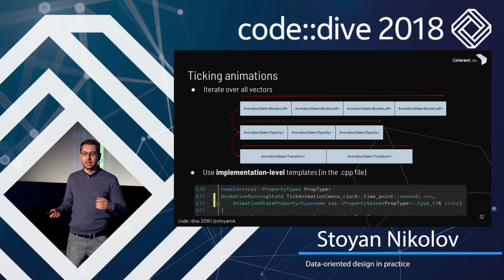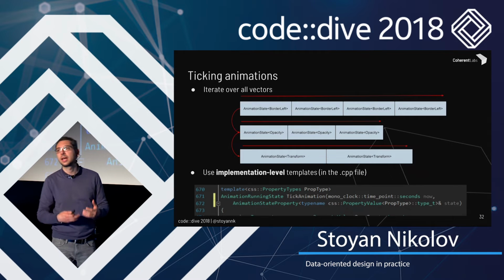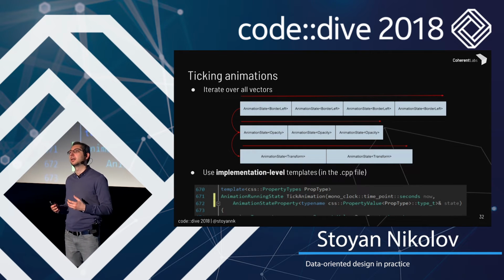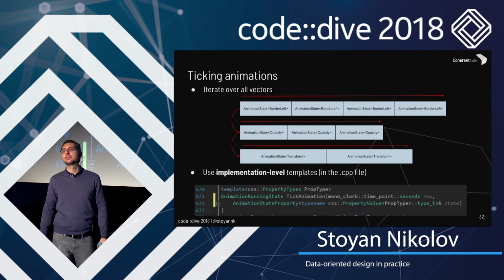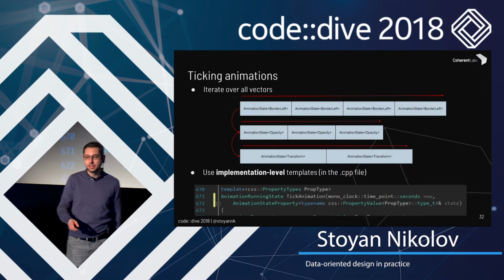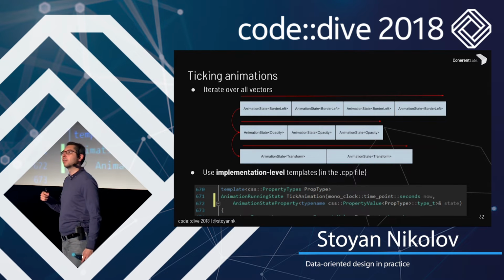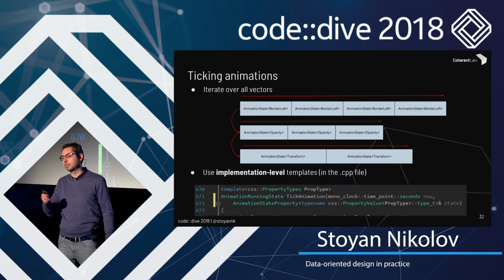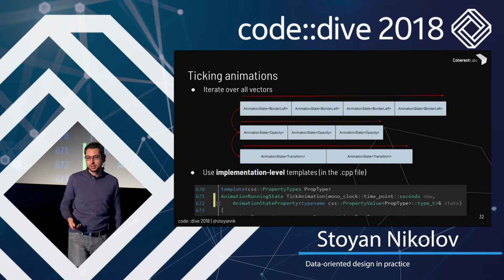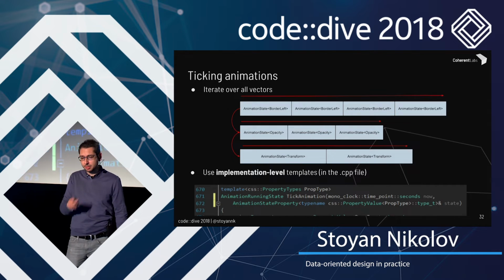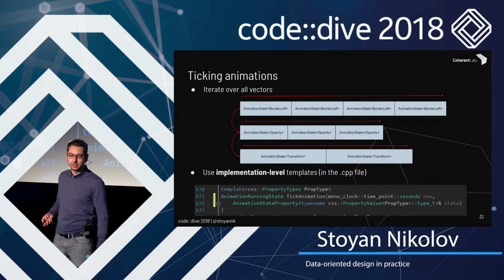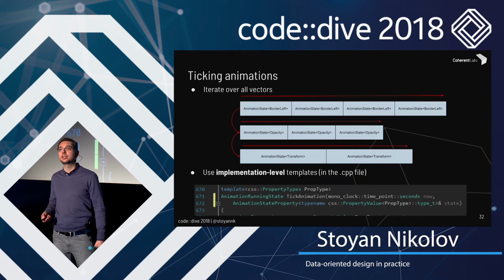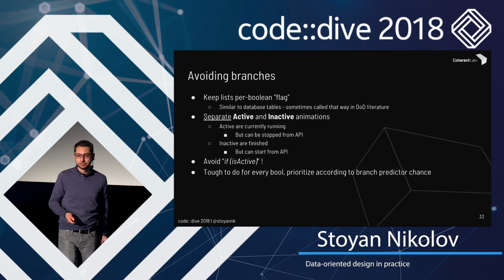But even if you have 3,000 animations, like we saw in the demo, in the case of object-oriented programming that we saw, you usually have an order of 3,000 magnitude of cache misses. But in this case, if we are just iterating over one type of animated property, which was our case, we'll just have one. And in C++, you can do it very elegantly. Your code can look great because you can have a templated method within your implementation that will make the code look good.